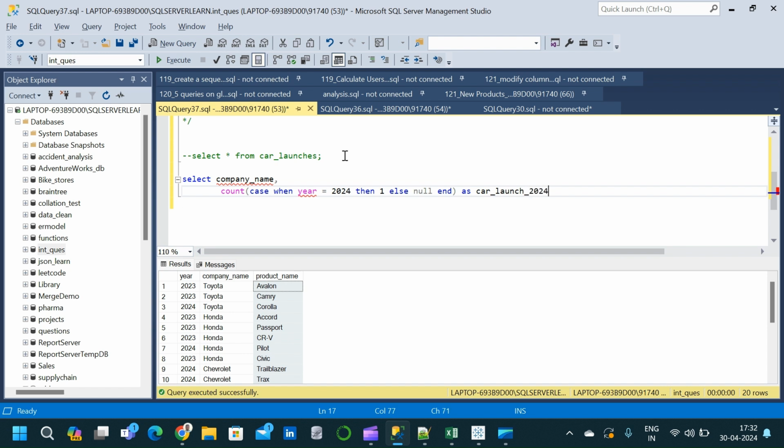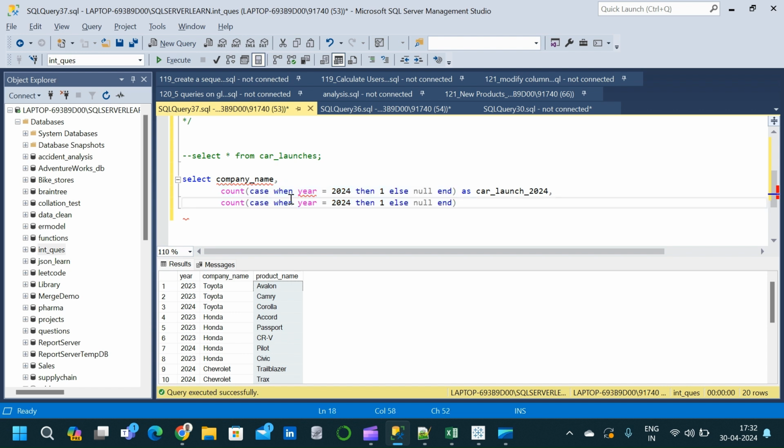Let us give the column name car_launch_2024. Similarly, I am going to count the number of products launched in the previous year. Going through the table, we can see that there are only 2 years in the table, that is 2023 and 2024. So we will write a second count